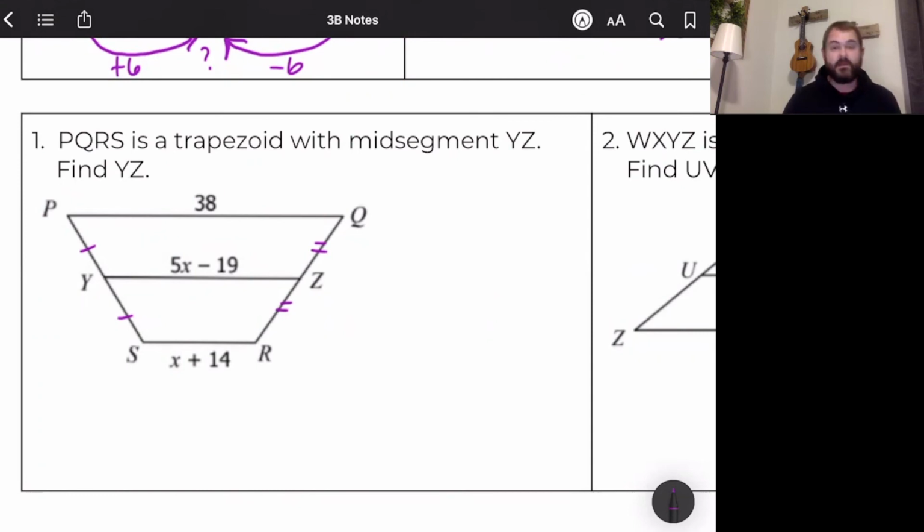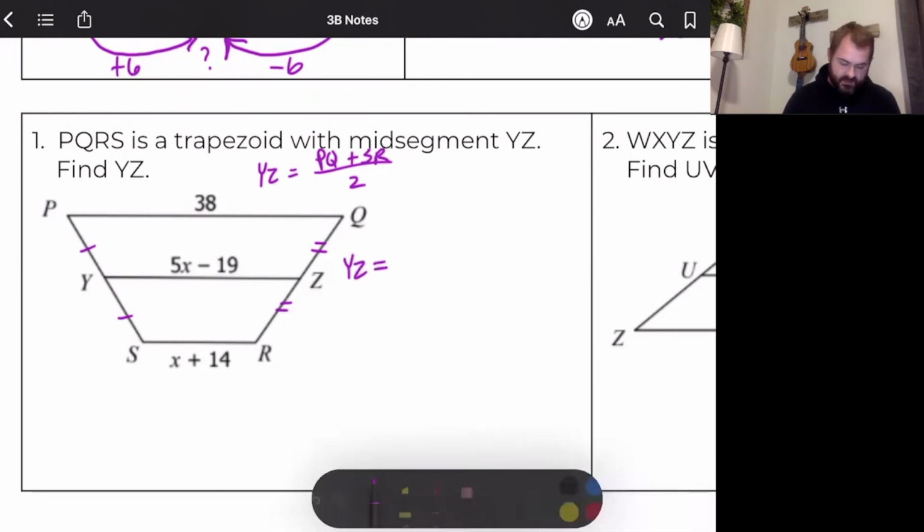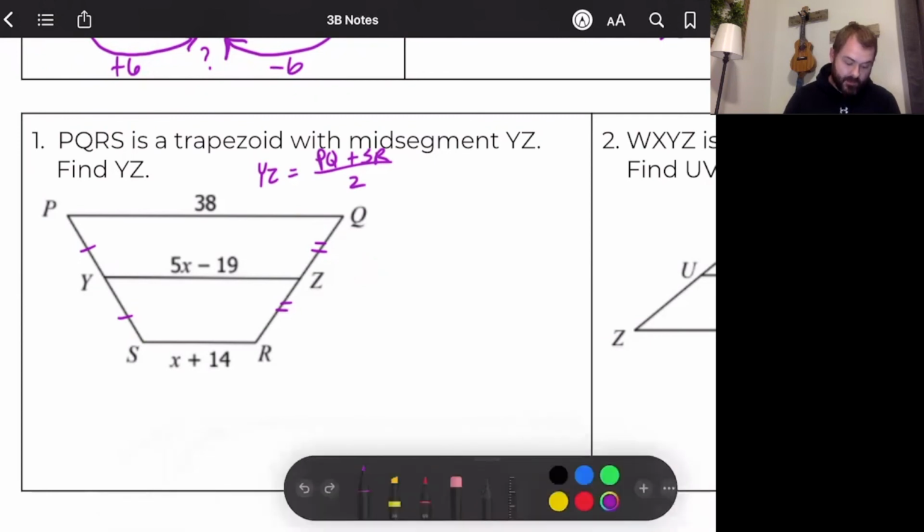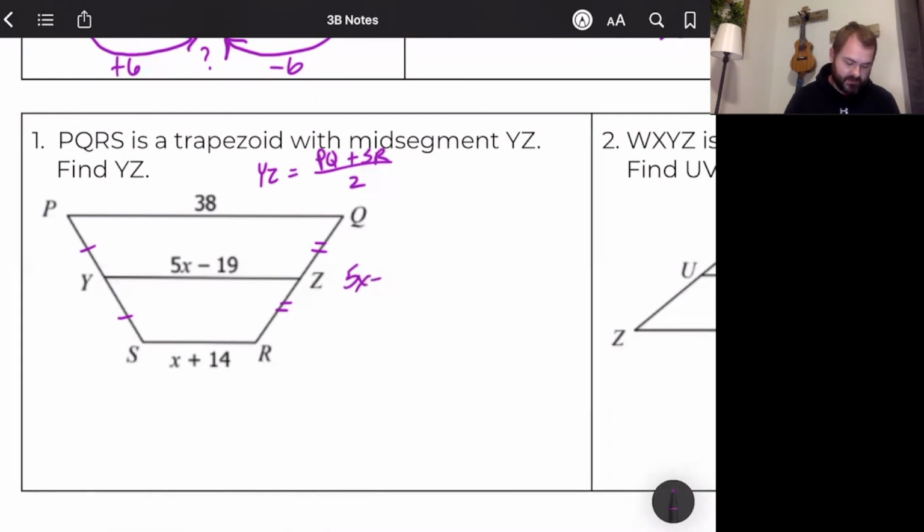So remember, the midsegment is equal to half of base 1 plus base 2. Okay, so in this case, YZ is half of base 1 PQ plus base 2 SR. Or we can jump straight to filling in our equation. Sorry, instead of YZ, we're going to write the expression for YZ. 5x minus 19 equals, the top of this fraction is base 1, 38, plus base 2, x plus 14, all